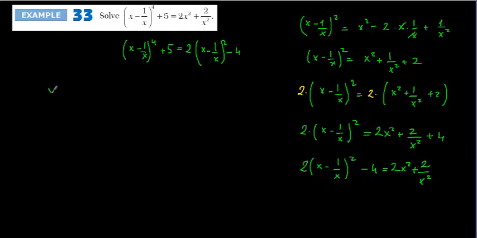Let's say x minus 1 over x squared, this is the square of it, let's say it's equal to t, because I have x minus 1 over x to the power of 4 here. Let's say this is equal to t, then this is going to be t squared plus 5 is equal to 2t minus 4, which is t squared minus 2t plus 9 is equal to 0, it's going to be. Then if I factorize this one,